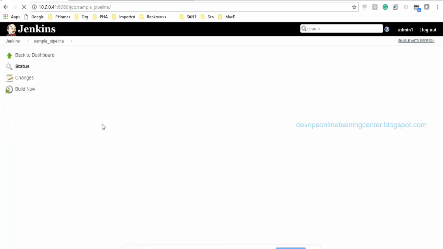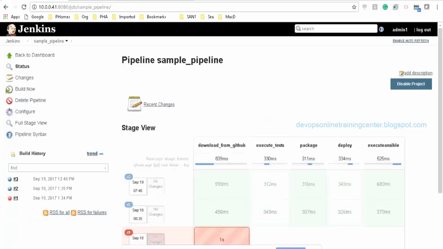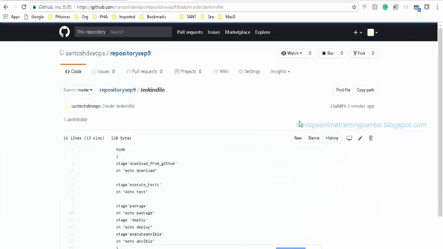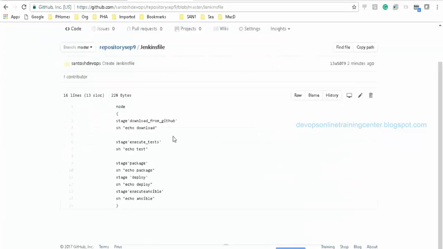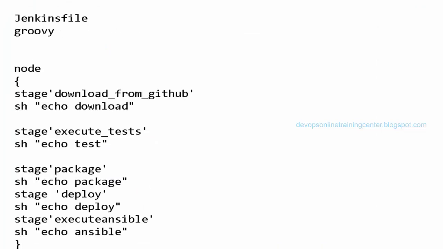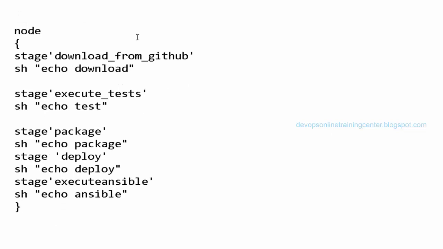So here we only have a sample code, where we have different stages defined. Here, if we are working on a project, we can define a slave.